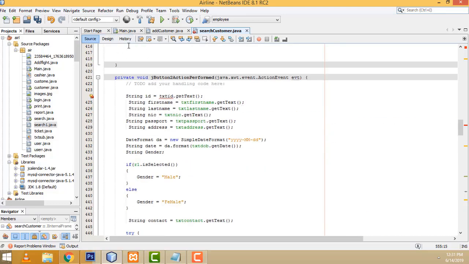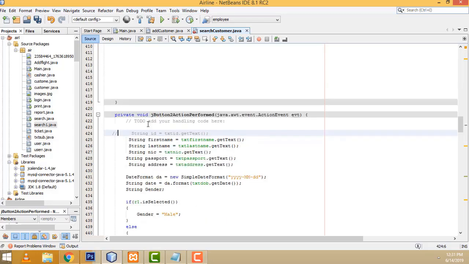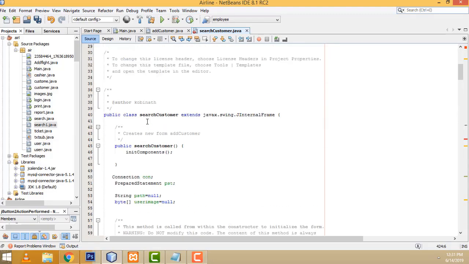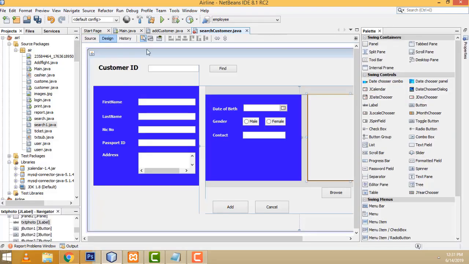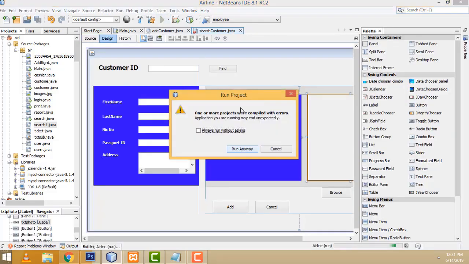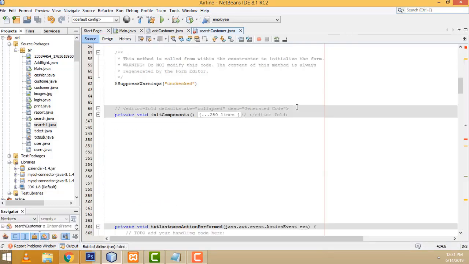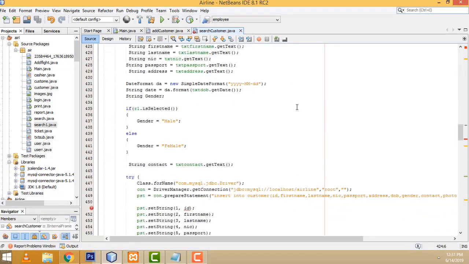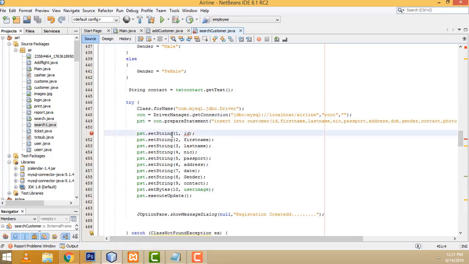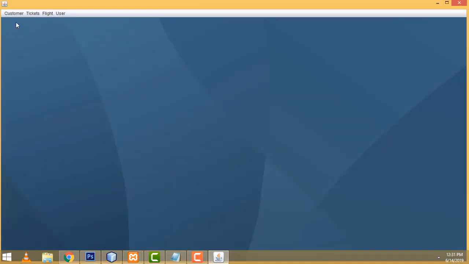Here this one we don't need. If there is any error, you just copy from that add customer page. You have to comment it if there is any error, right? Now here I just execute the code. What's the error here? Again the error will be displayed. Now here we have to comment this one, right? After that we have to run the code, right? Now here